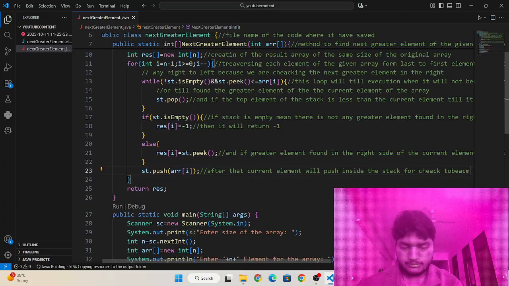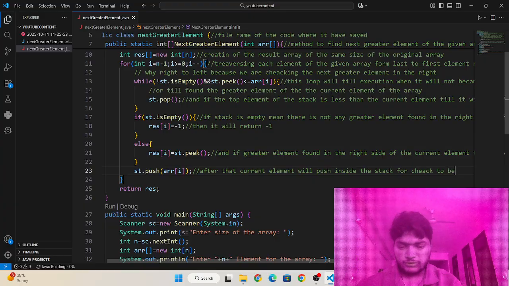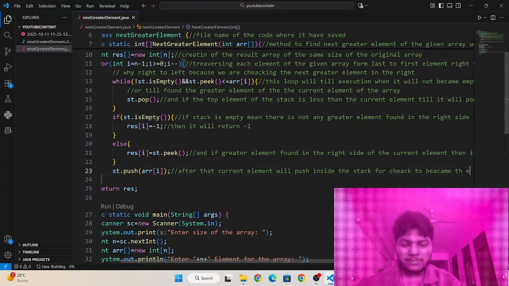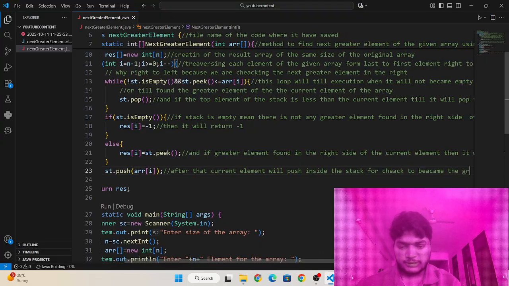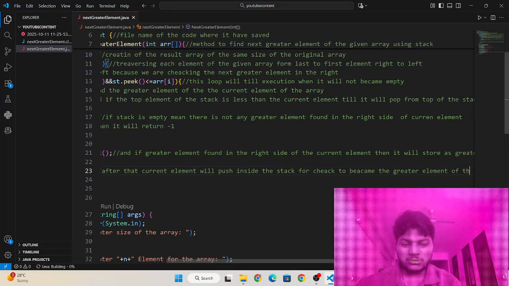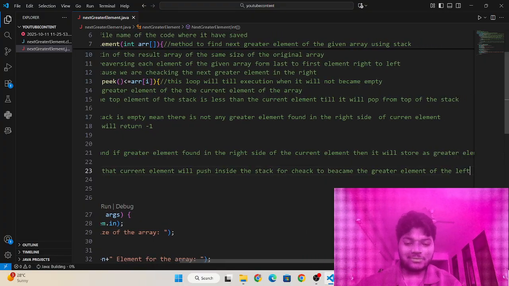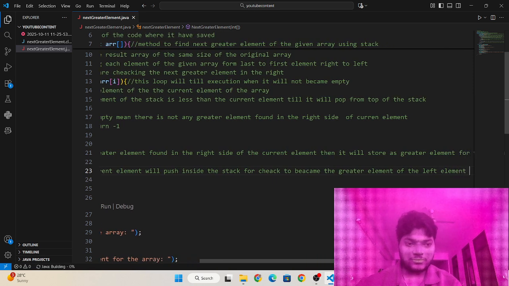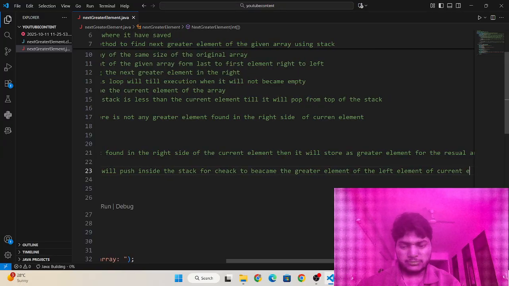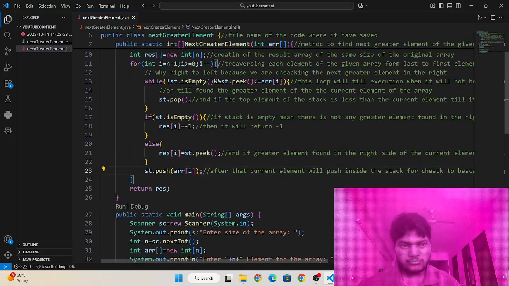So that it becomes the greater element check for the next element. Okay, and then at the end, return the result array. Okay,